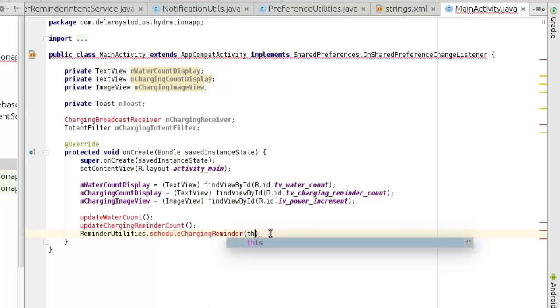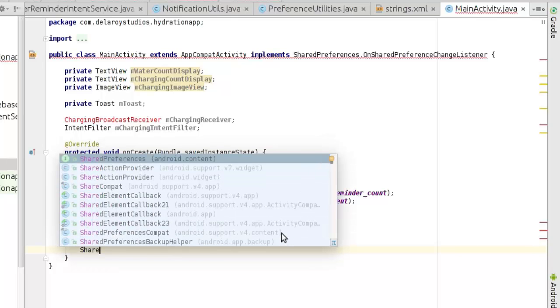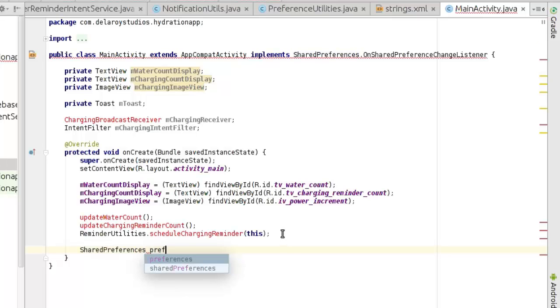What about we pass this keyword, call on the schedule charging reminder. Never mind with this, let's just continue. Now let's set up the shared preferences listener. Because shared preferences, give it an object prefs equals to